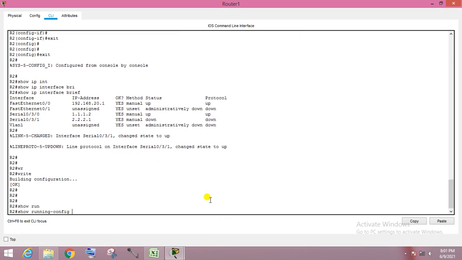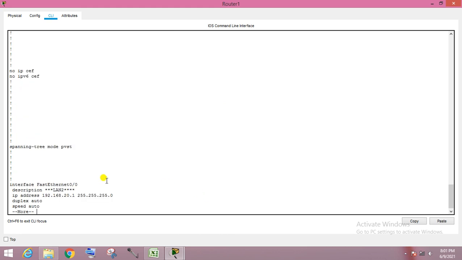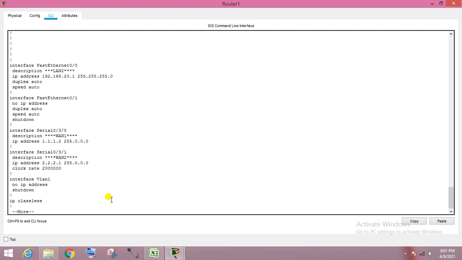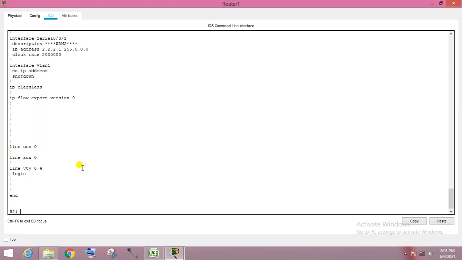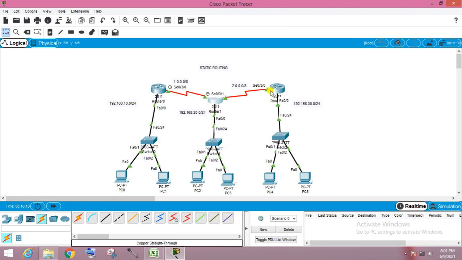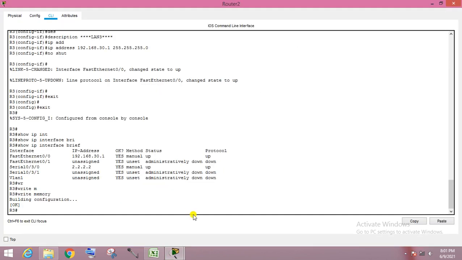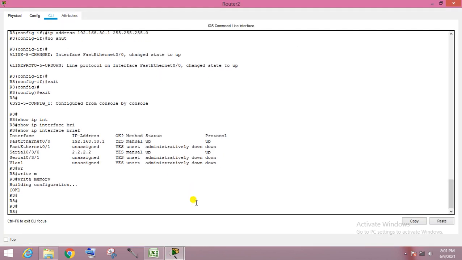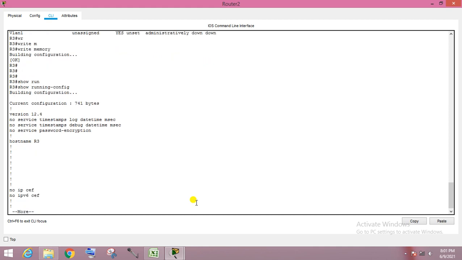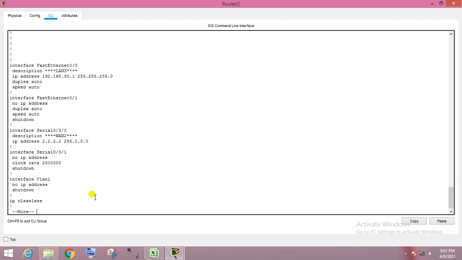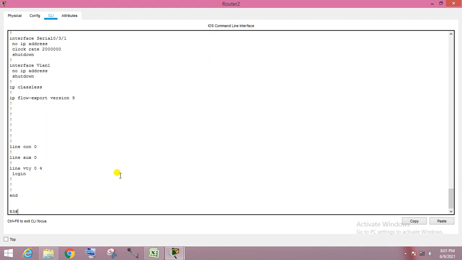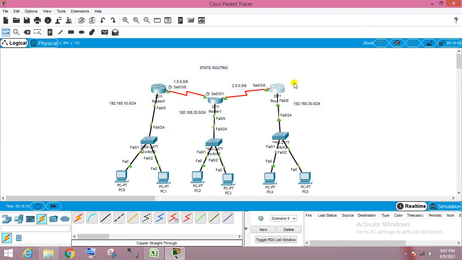In the running configuration you can check LAN 2, this is the IP address, this is the netmask, this is the WAN 1 link and WAN 2 link here. And the same thing we have to check here, that everything is fine or not. In the running configuration, this is LAN 3. Fine. Okay, now we have configured the router.